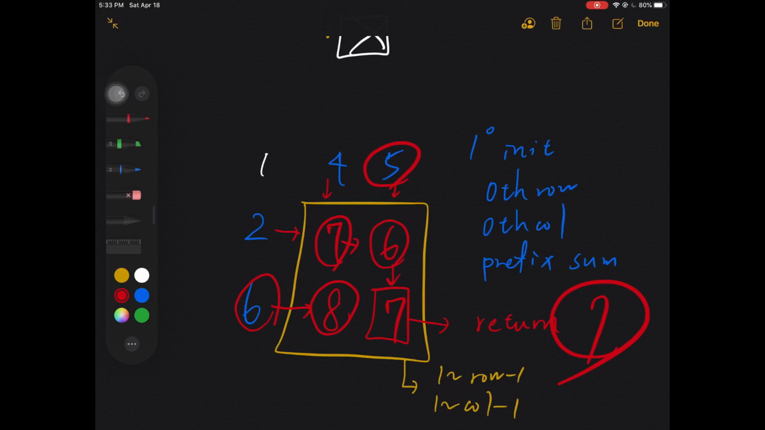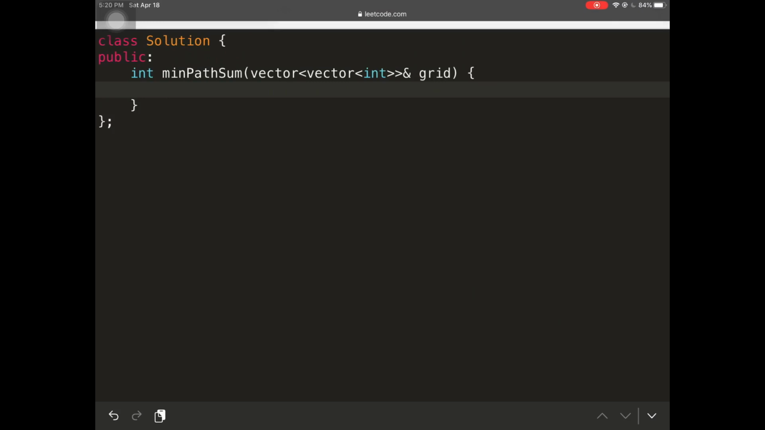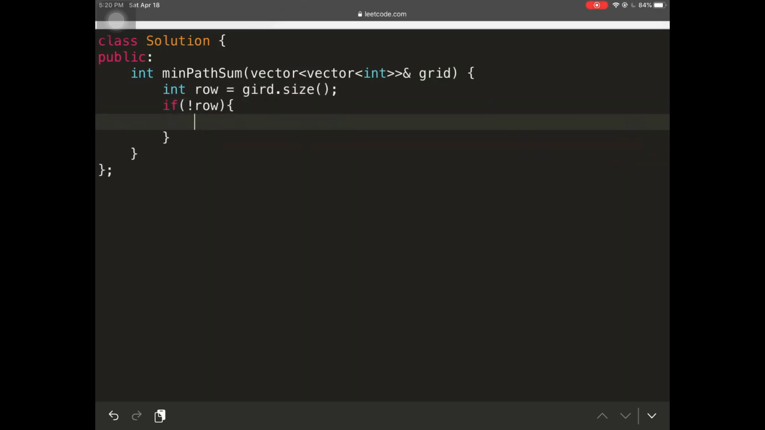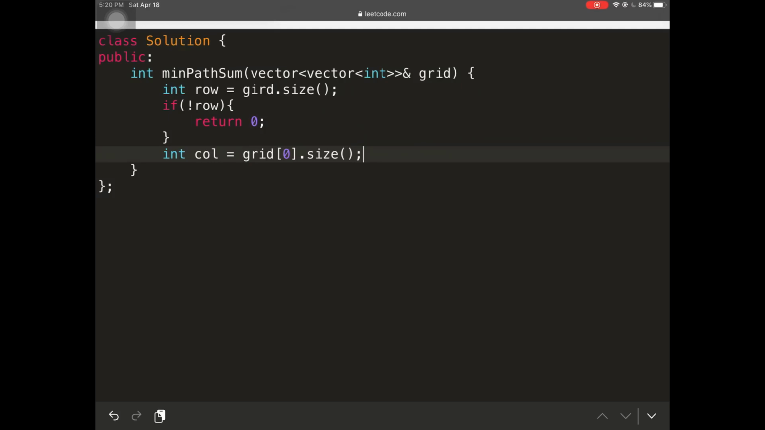And after that, I will show you how to code it. Okay, now we are at the coding part. Nothing too special about this code. We first initialize some required variables, and first initialize the prefix sum of the 0th row. So the prefix sum of the 0th row will be